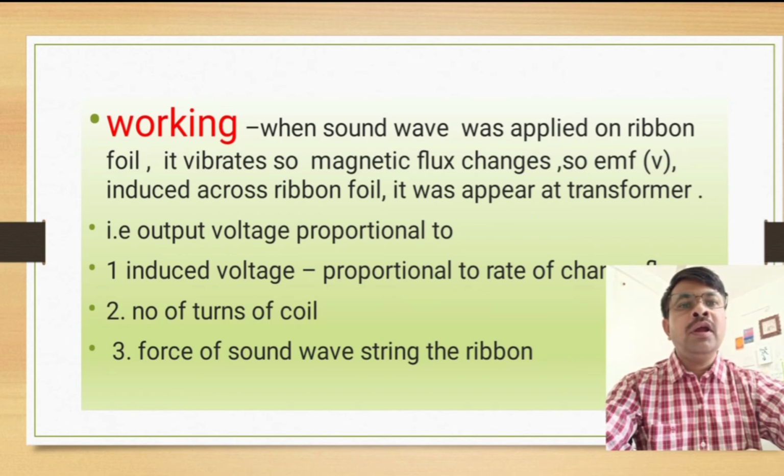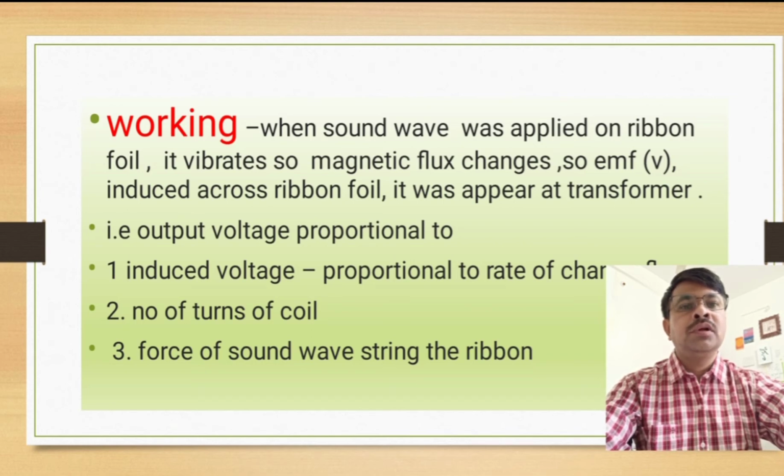Then the ribbon foil vibrates, so the magnetic flux changes, so EMF is induced across the ribbon foil and its output appears at the transformer of the ribbon microphone. So the point is that we apply the sound waves to the ribbon foil. The ribbon foil vibrates, it cuts the magnetic flux across the ribbon foil,